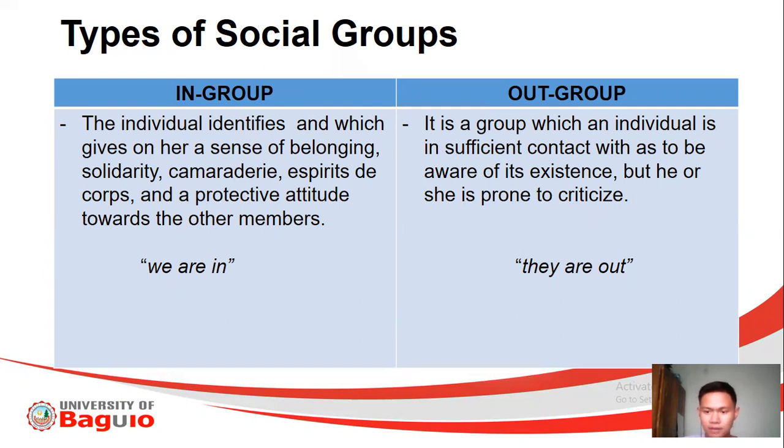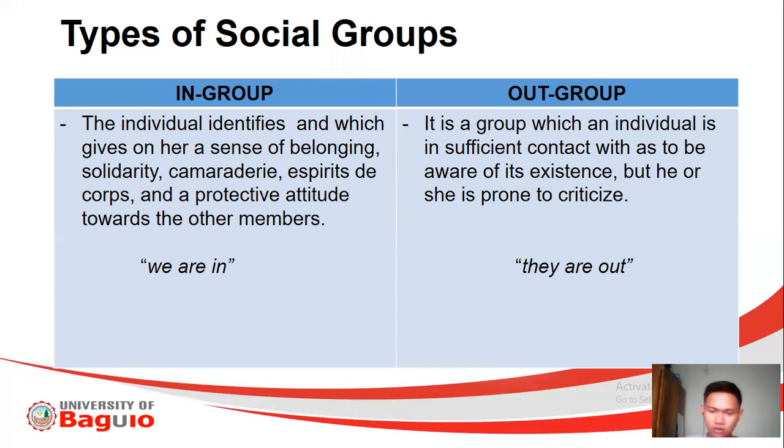Pero, pinapakita mo naman as the son or the daughter na you are acting without discipline. So para kang barbaric na tao. You do not know how to follow the rules and regulations. So therefore, lagi kang pinapagalitan ng family mo. Why? Because you are not showing yourself as part of the family. Pero, if you know how to be part of that family, you know how to follow the culture of that family, that is part of the in-group.